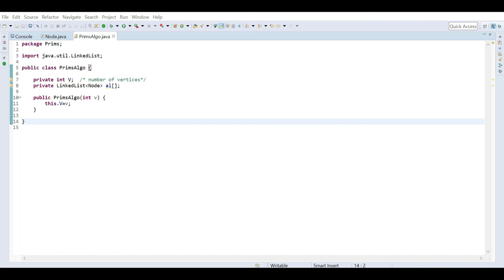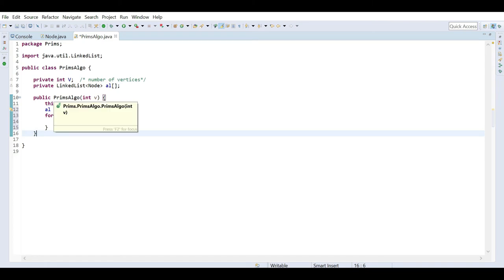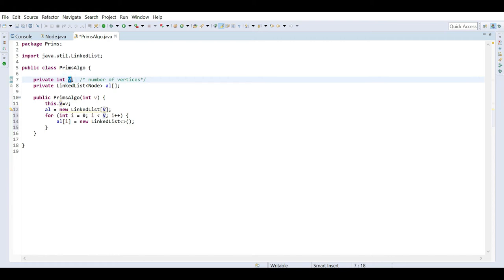I'll just copy and paste everything, because I have discussed this earlier in another video. So I have to create v number of linked lists and assign them to this adjacency list, and initialize them. Okay, so this is the structure of the graph.